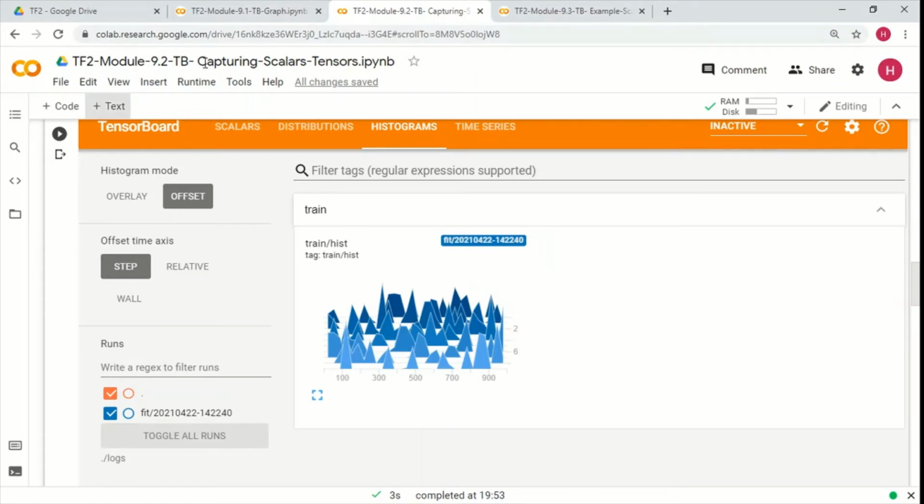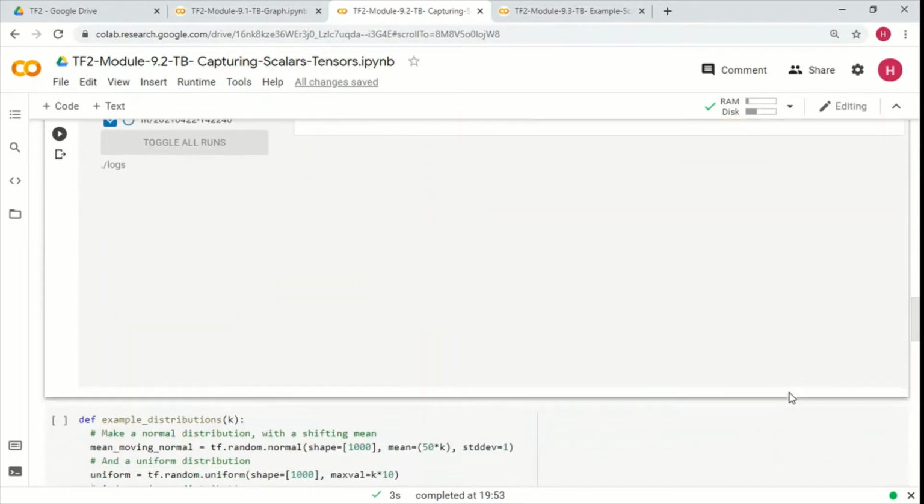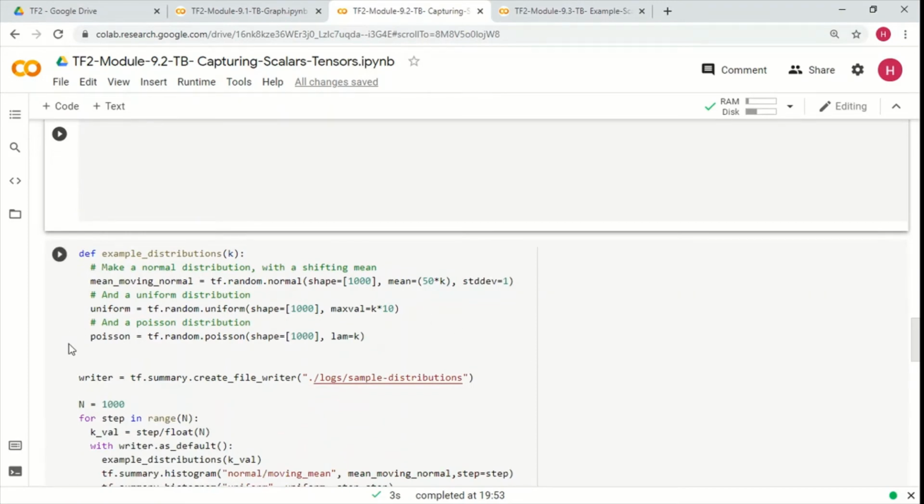And you can essentially generate any kind of distribution, right? If you use tf.random.normal, you can create a normal distribution and visualize it.